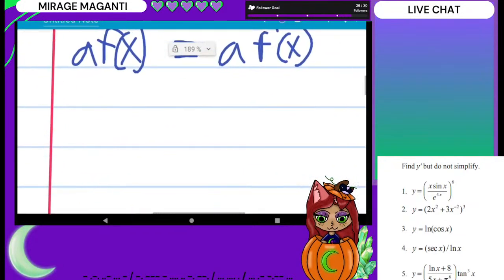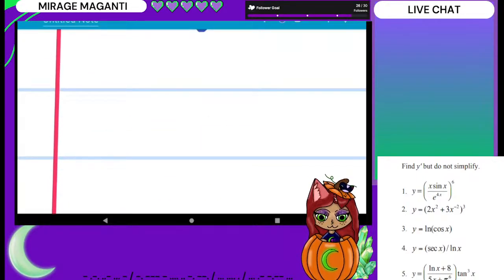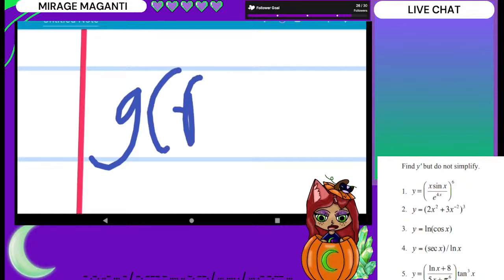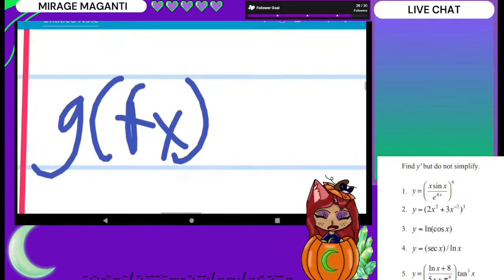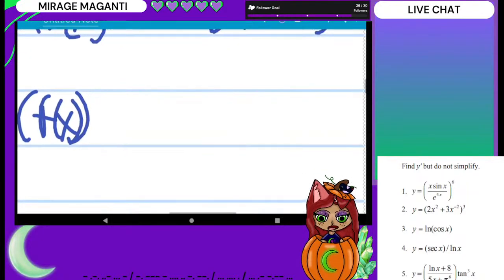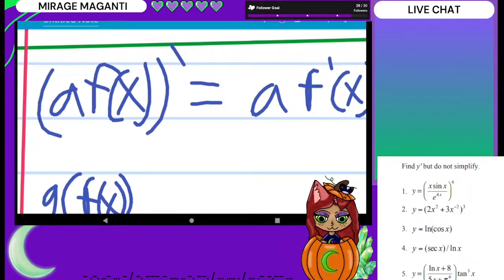And so that's the constant multiple rule. Then the chain rule, which was the one I was talking about for 2, so that's what we're going to have to use when we solve 2. But the chain rule is if we take, say, g of f of x, and so the solution for f of x becomes our new input for the g function. In order to solve this and get our derivative, which is shown like this,